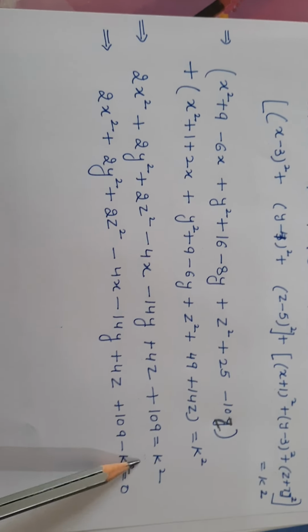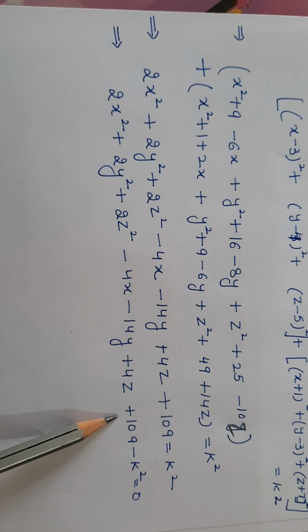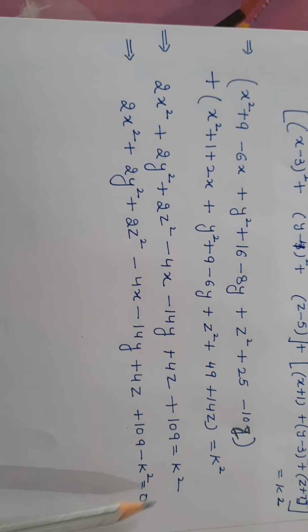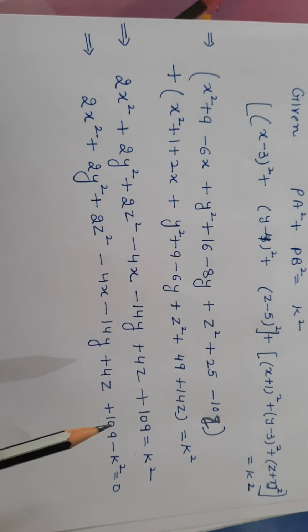In the next step, you can shift this k square here. You will have 109 minus k square, and this is the equation of